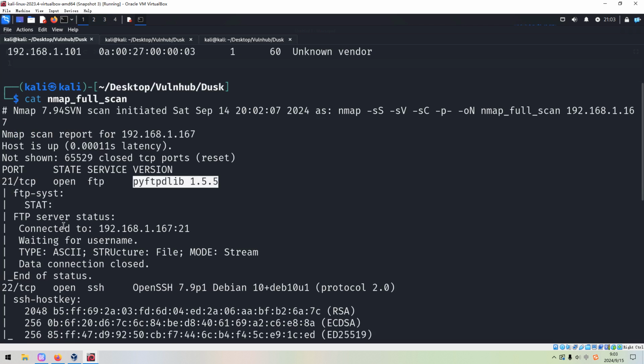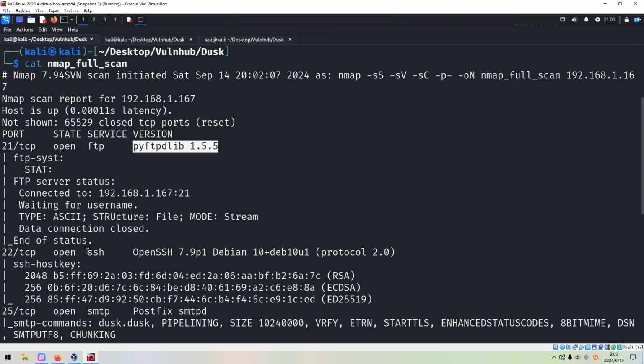And also from the default script scanning with FTP service, we can be told that the target doesn't allow anonymous login. The next one is 22, which is running SSH service and also the version information, OpenSSH 7.9.